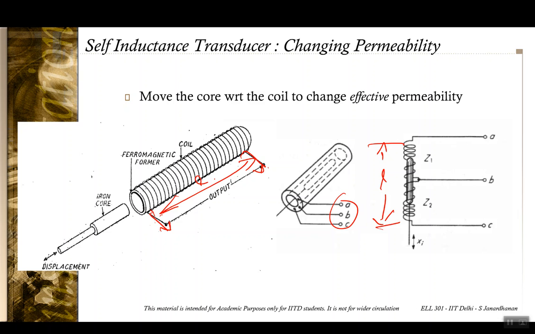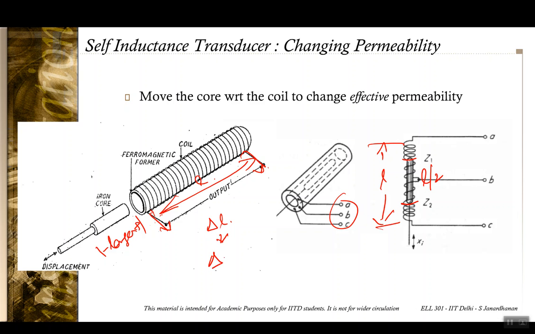The point is that you need to measure a length L, you need only a core of L by 2 here. However, you need a larger magnetic former here. You need a smaller one here. That is one advantage. The second advantage is when there is a displacement of delta L, that causes a change